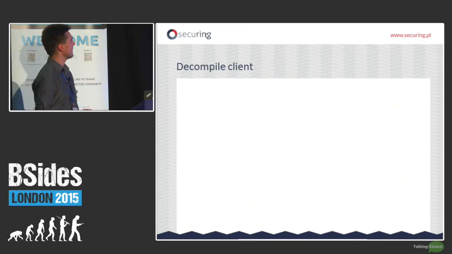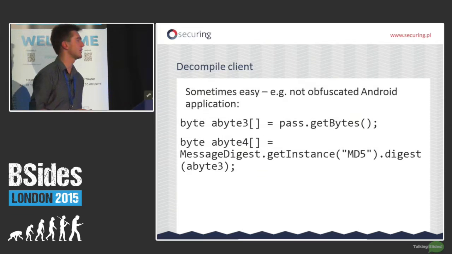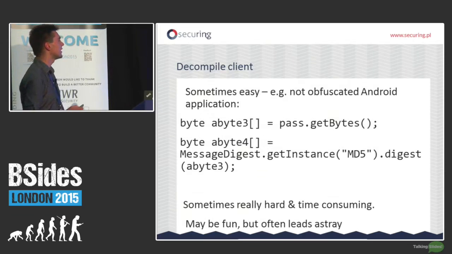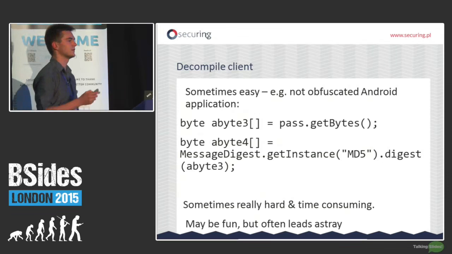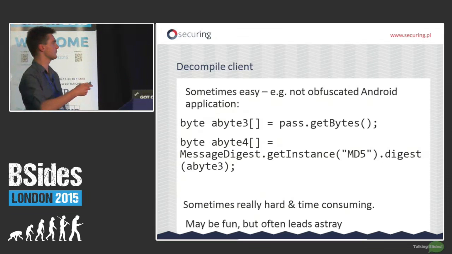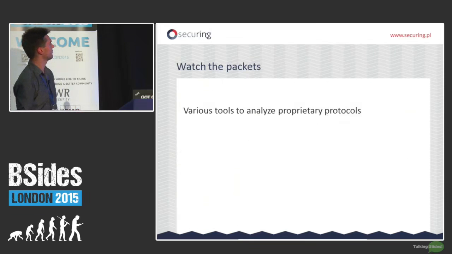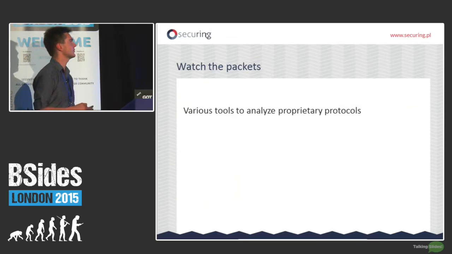Okay. So, of course, you could decompile the client. If it's an Android application without obfuscation, it's very easy, right? Or a .NET application. But sometimes it can be really time-consuming, and the time spent on that will not be well used, right? So our approach to testing these protocols is actually watching the raw packets and trying to